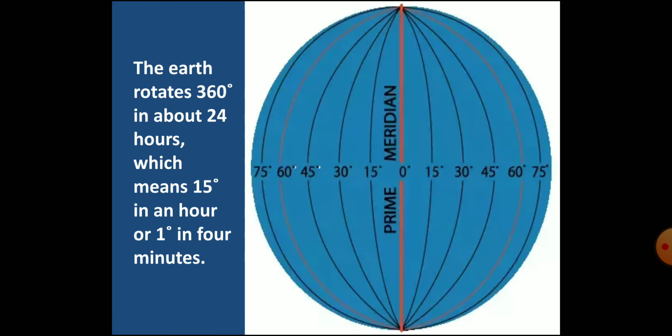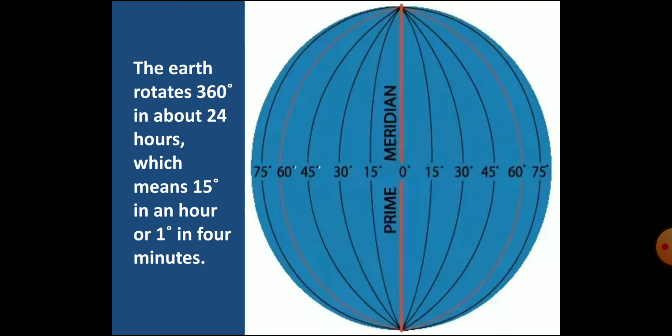Now, an obvious question can be how much ahead or how much behind a place would be from Greenwich, and how to calculate the difference in time. Let's understand it. Children, we know that the earth completes one rotation, meaning 360-degree longitudes, on its axis in one day. One day means 24 hours.